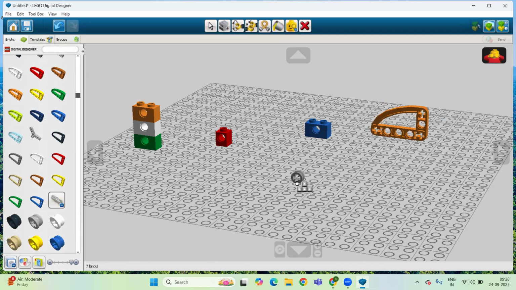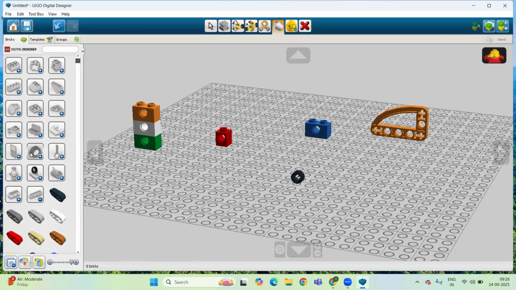Similarly for this, okay, can go with this. Okay, so in this way we can change the colors of any brick. It is not